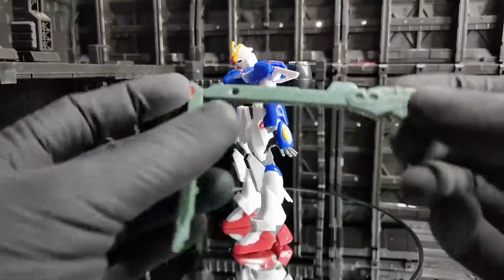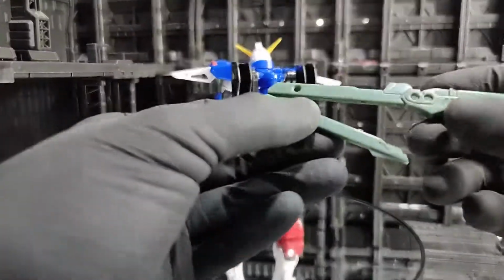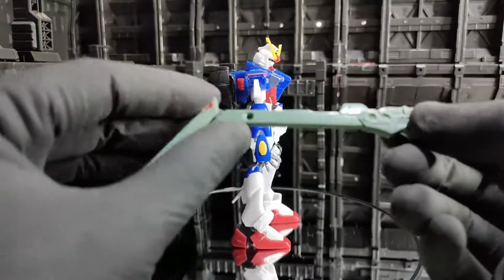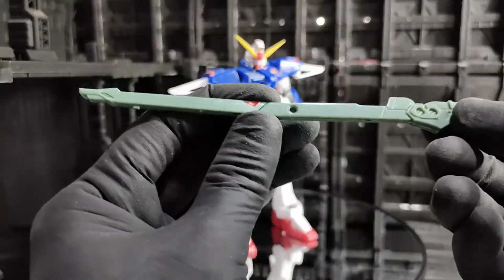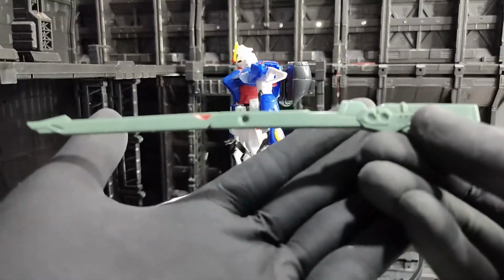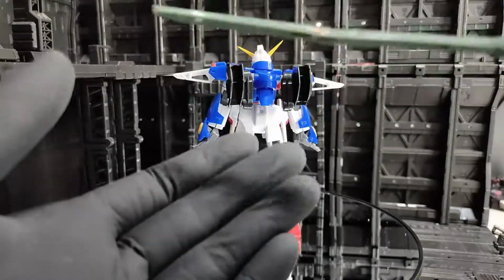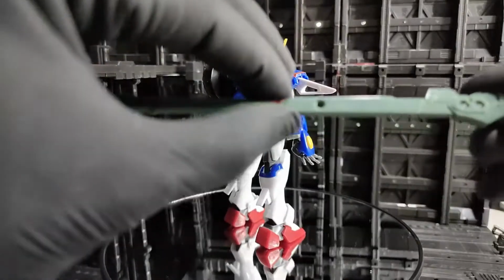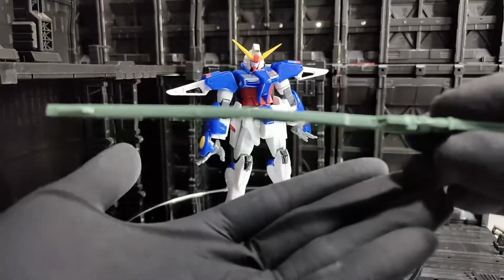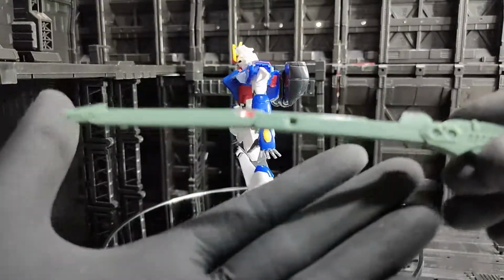Okay, so let's start with the long range rifle. So this is the folded form, and you can just straighten it to transform it to the long range beam rifle, but this is really flimsy, so it doesn't stay straight all the time, so just be careful. Look, it's bent, so I'm not really a fan of this weapon. It's so flimsy,